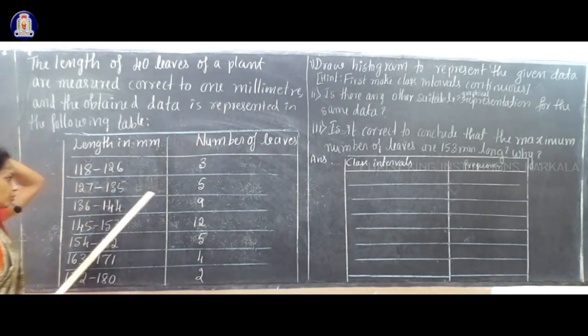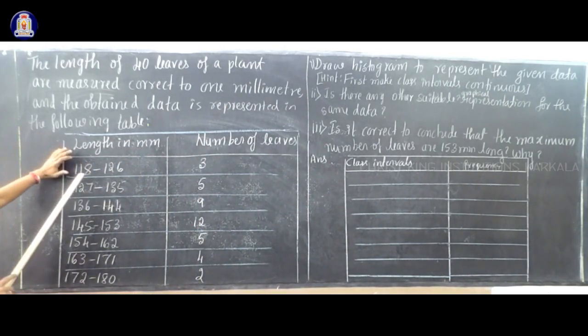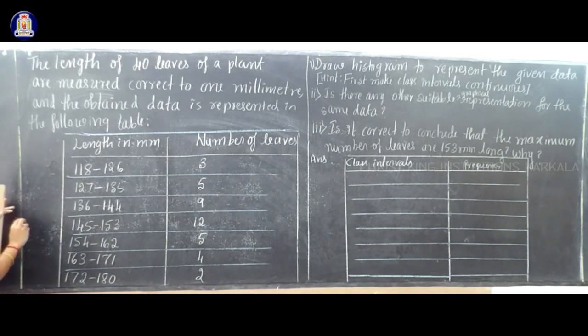So now if you observe this table, I can see that these class intervals are not continuous. In the previous histogram, we had class intervals in a continuous way: 0 to 5, 5 to 10, like this, where the previous class interval ends, from there the next class interval starts, like 10 to 15. See here, the second class interval ends with 10, and the next class interval starts with 10. If you have class intervals in this way, they are called continuous class intervals.